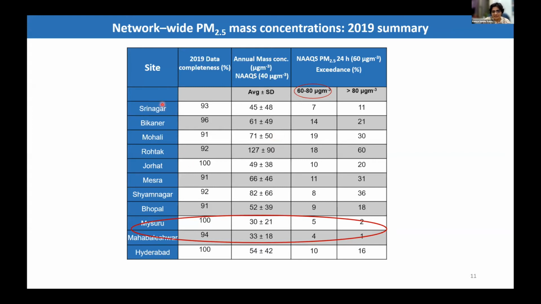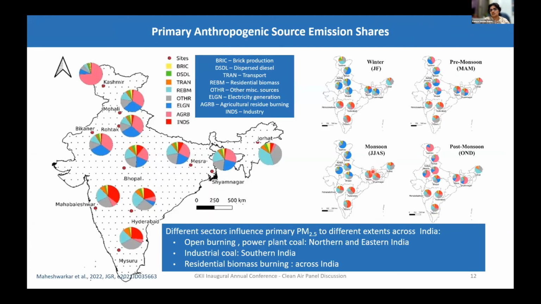But other than that, these are all reasonably unpolluted regional background sites. And you can look at the concentrations at each of these locations. This is the 2019 average and the percentage exceedance, of about even twice the max, except these two sites, Mysuru in southern India and Mahabaleshwar, which is a high altitude site in Maharashtra. There is substantial violation of the max, which is to really say that the background concentrations of PM are quite